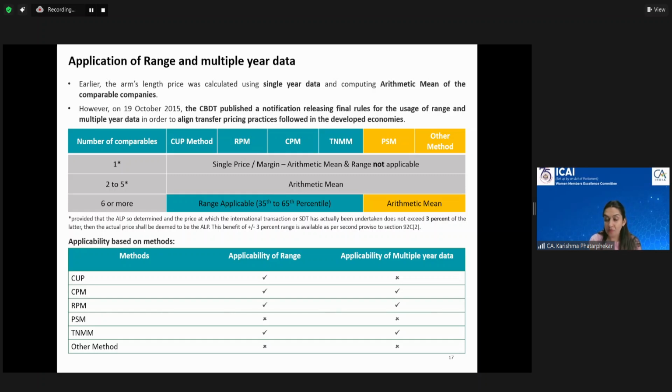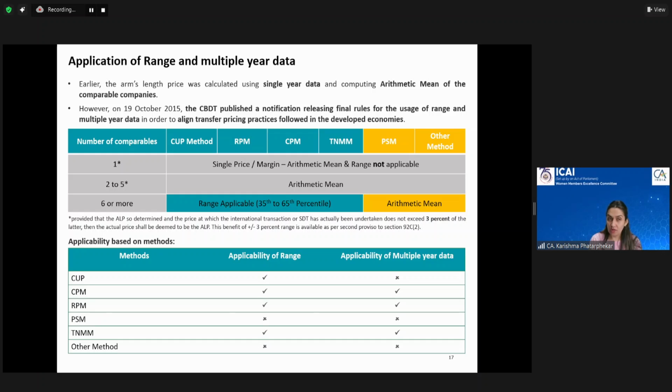I mean, world over, if you see the way when the transfer pricing law is implemented, in statistics they use a concept called the interquartile range. So it's like one company at the 25th percentile and the company at the 75th percentile. That is a range in which the market could operate, and that is where the global way in which TP benchmarking is done is to look at the interquartile range. But India came out with this unique thing, and then obviously, in 2015, they changed the law to introduce this